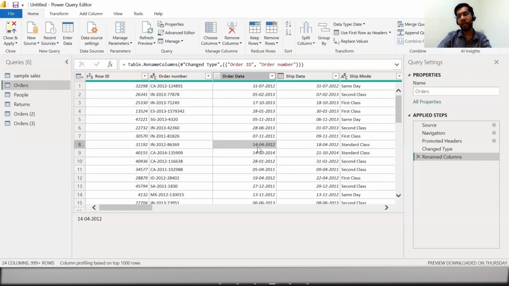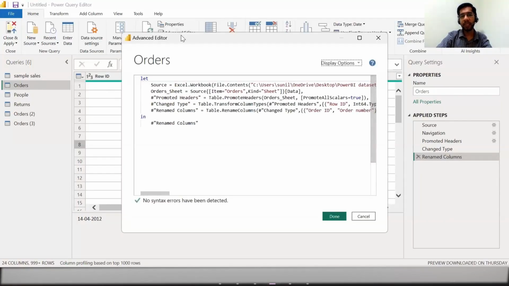Now, let's say you are again loading a data set and this data set is similar to this orders table, and every column is basically the same in that. So in that case, whatever steps you are performing over here, if you are changing any kind of data, if you are transforming the data, if you are removing some permanent columns, or if you are adding some additional rows on the basis of any conditions, all these steps would be reflected over here in the applied steps. And in the background, our Power BI understands this M language and it reflects every change that you have made in this advanced editor. So basically, that would mean that if you select this whole code and copy it,